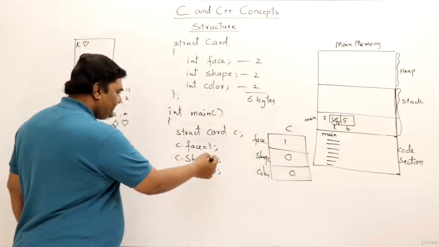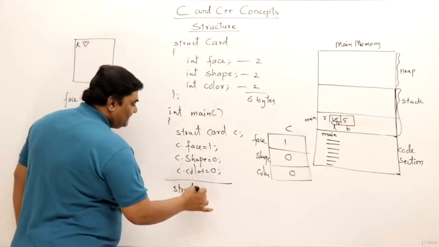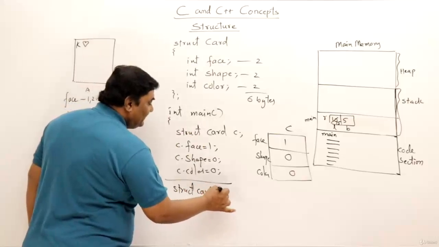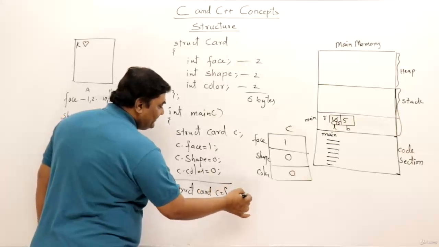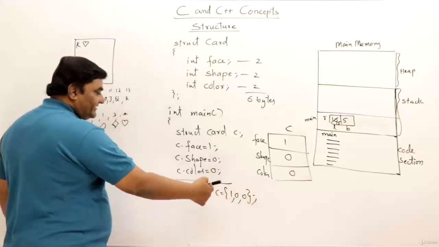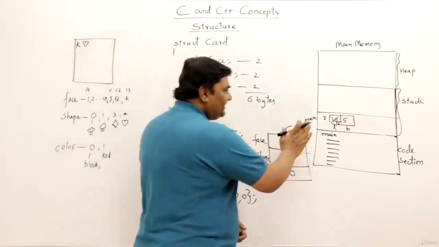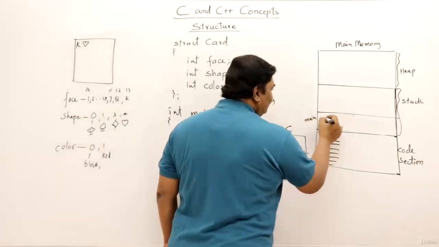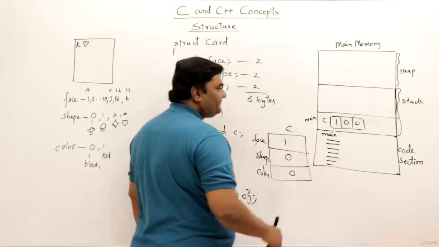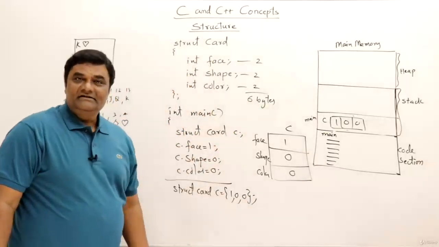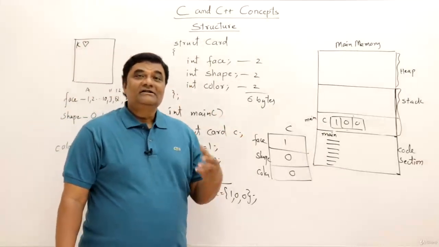Now otherwise, let us forget this. Otherwise, I can directly initialize also. Struct card C, I can directly initialize the values. That is, the first face value is 1 and the shape is 0 and the color is also 0. So this is declaration plus initialization. And inside the memory, C will have three members, 1, 0, 0. It will be inside the stack belonging to the main function, or the stack frame belonging